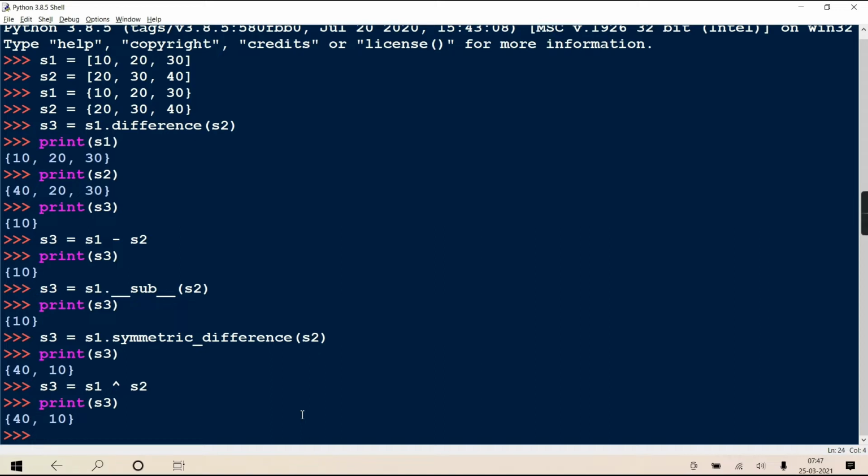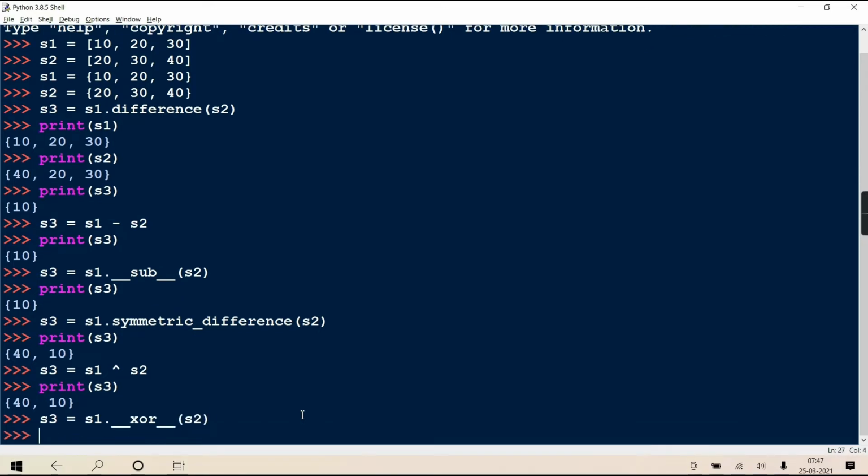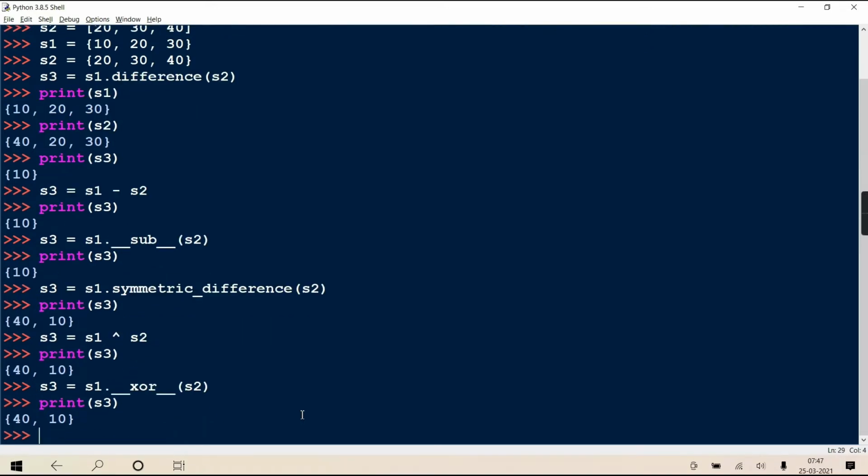Getting? And here also the implicitly overloaded operator is called, that is __xor__. Means one magic method called XOR is called with S2, and you get the same result. So ideally we use this method, but implicitly this is done.